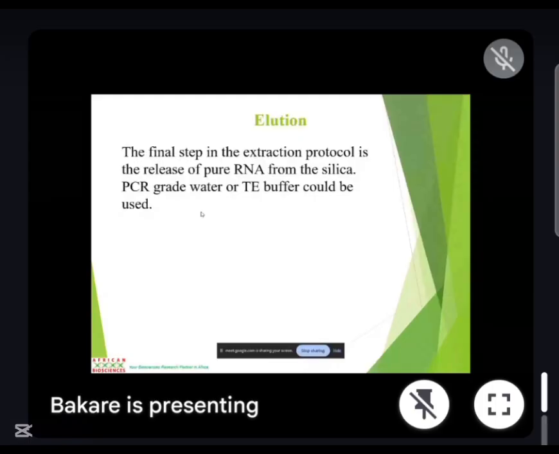So some kits, they usually say we should elute 100 microliters. So there is no assay you want to do, even if you want to do all the molecular downstream application in this world, that your 100 microliter will be enough. But if you are very certain that, okay, I'm just using this for just these applications, then you can do 50 microliter reaction. So when you take your 50 microliter of your elution buffer, or you take 100 microliter of your elution buffer,